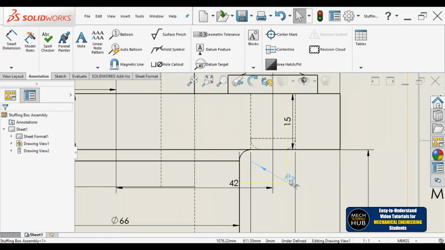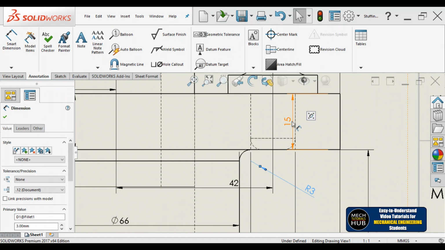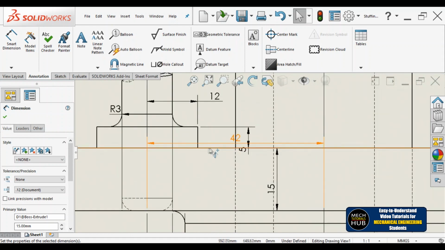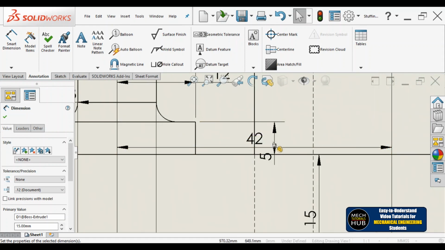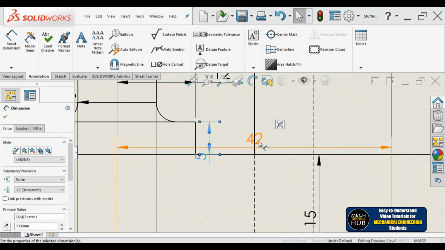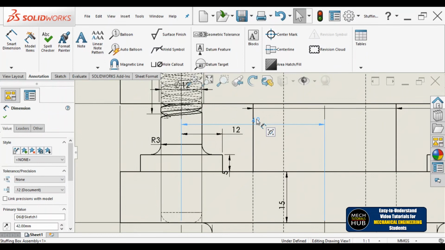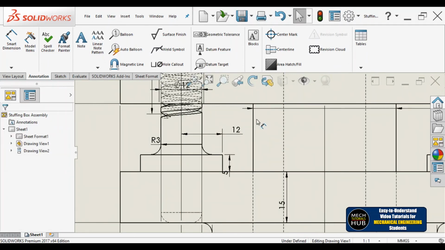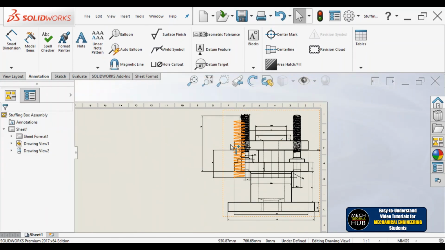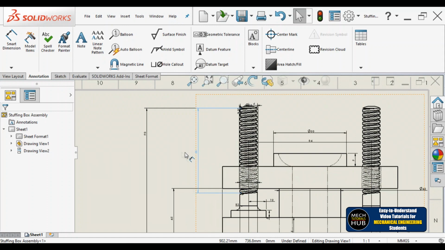And some radius is randomly placed, R3, and 15 is again one more thickness. Likewise, whatever dimensions we have maintained, we can show all of them here on the complete assembly. This is not required, remove. Whatever is required, try to place.